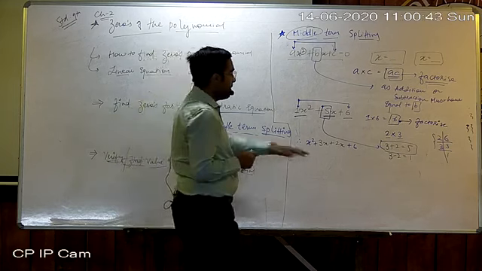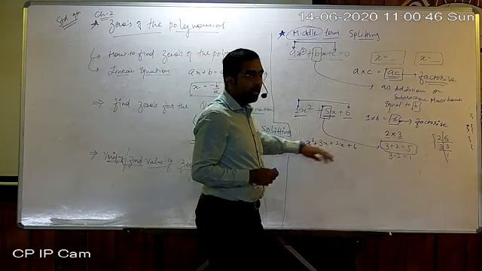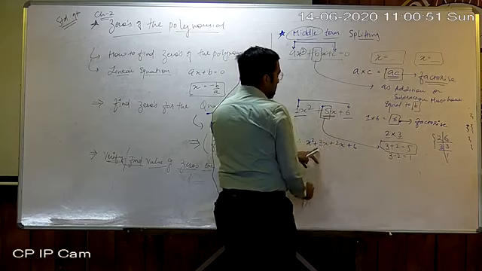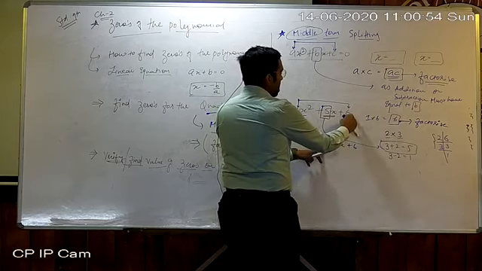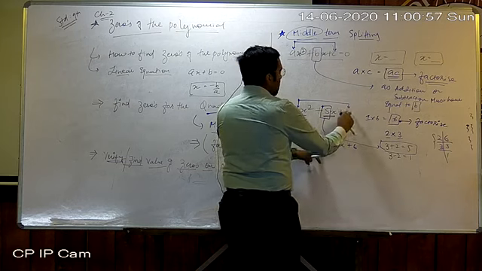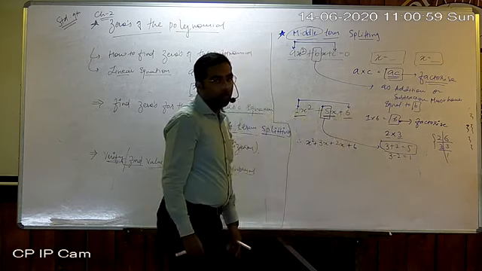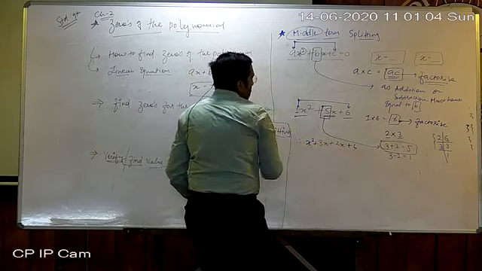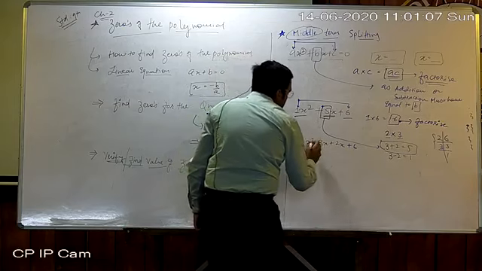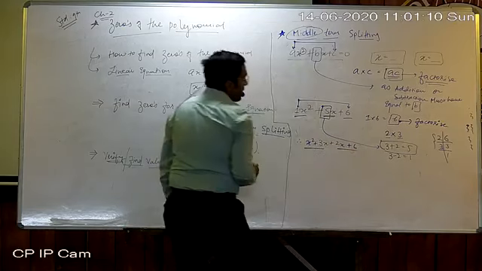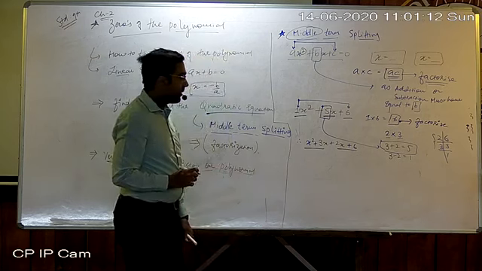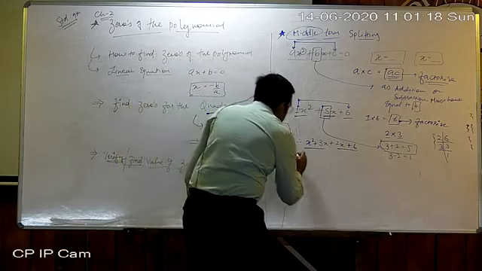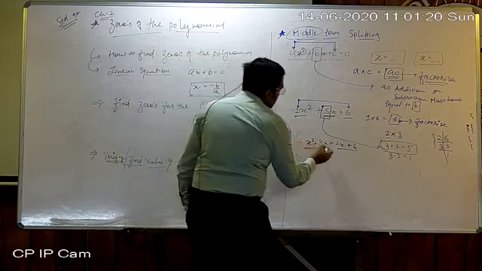Now verify that these two terms are correct or not. 3 plus 2 is 5x, and 3 2s are 6. Okay, 3 2s are 6. So that's correct. Now here our 4 terms are available. Split them as a pair of 2 terms, the first two and the last two.